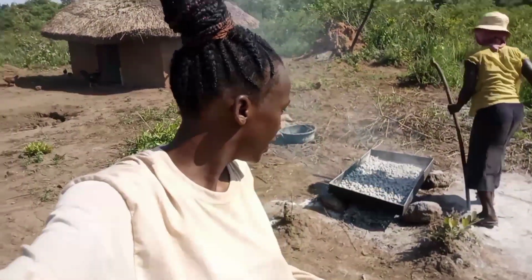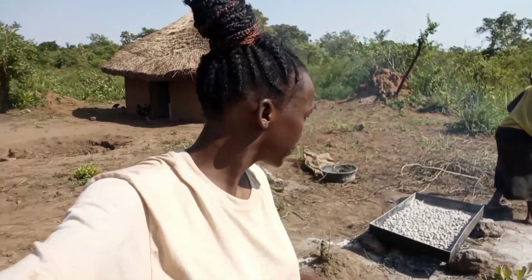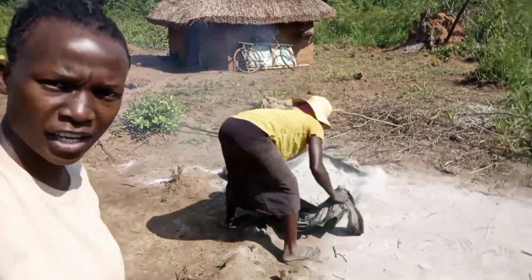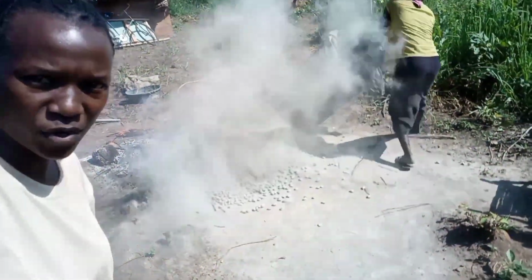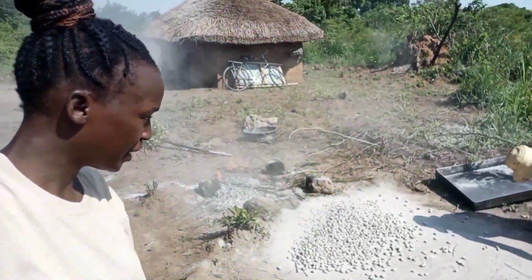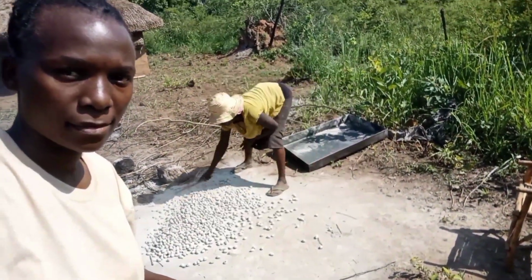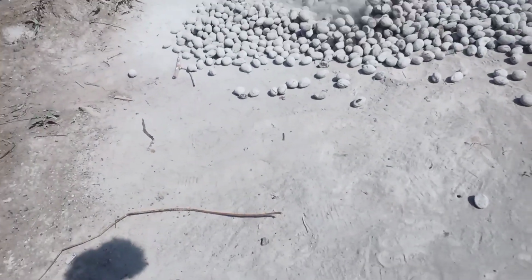At this point, we are not adding in any more firewood. She's just shown me a sign to stop. Yeah, we are stopping. The scent is already so